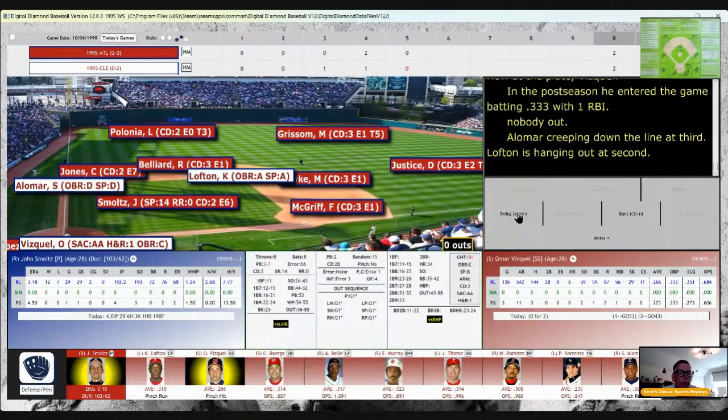That brings Vizquel to the plate. So do we walk Vizquel in order to... now we're just going to pitch to him. We'll bring the infield in, though.